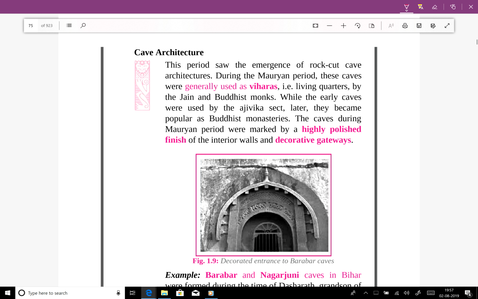The popular forms include the first one, cave architecture. This period saw the emergence of rock cut cave architecture. During the Mauryan period, these caves were generally used as viharas. This is a vihara, the living quarters of